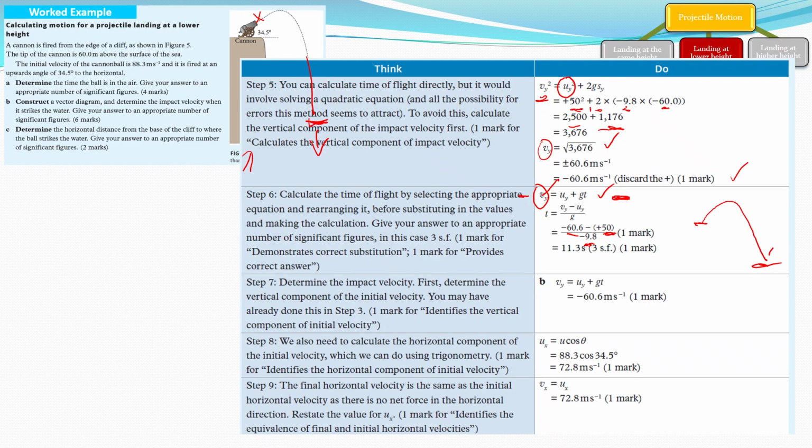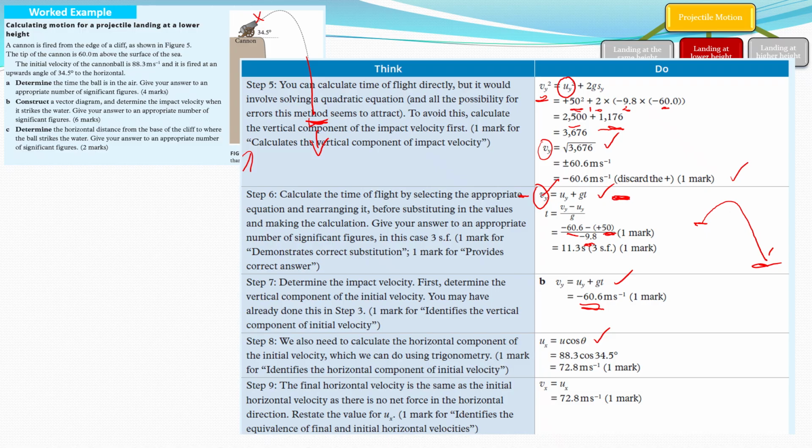All right, next one, start to pull it together as a vector diagram. Now, the first bit here is determine the impact velocity, which we did before. Notice there is another way to work it out, similar to what we did up above. It's just an alternate formula that will work. So often two different formulas will work. Notice in this scenario, we didn't need that vertical displacement. Still got the same answer. U cos theta, we've done that before in previous episodes. That should be pretty easy for you. Gives you the horizontal